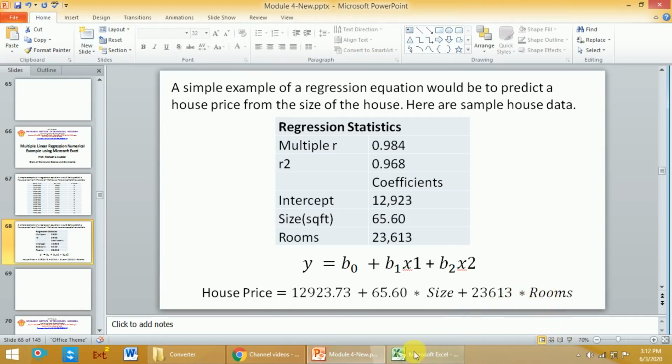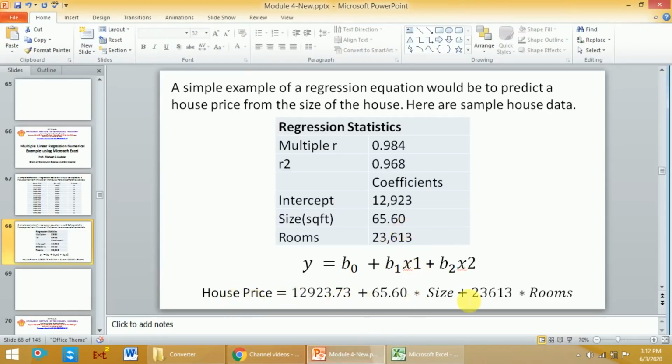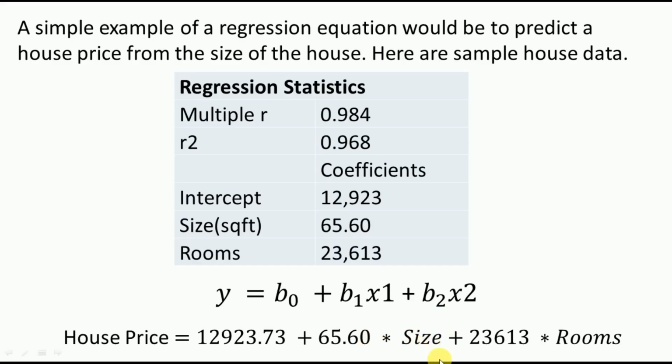Once you do this, what is required for us? We want to predict. So this is the final model here. This is the house price. If you want to get the house price, what things are required? This is a constant. We need to know the size of the house and the number of rooms. So to calculate that, the only thing I need to do is put the values of the independent variables here so that I will get the house price for any new values.